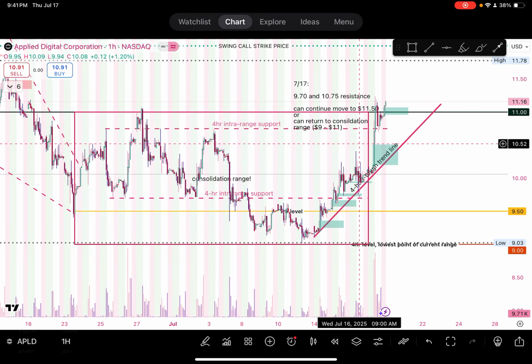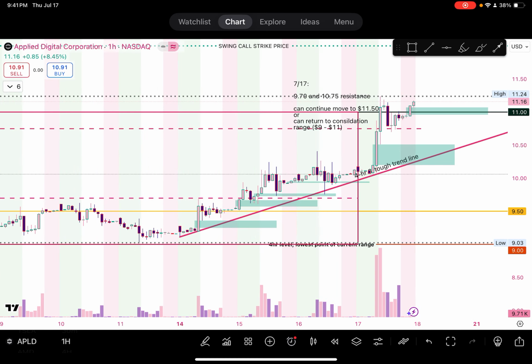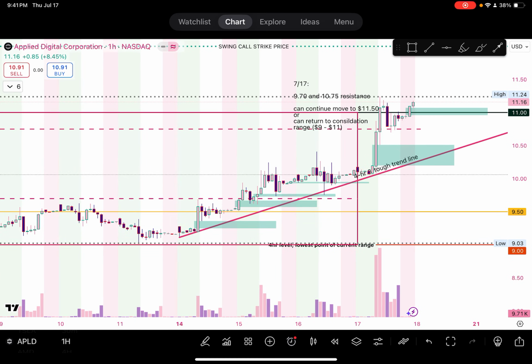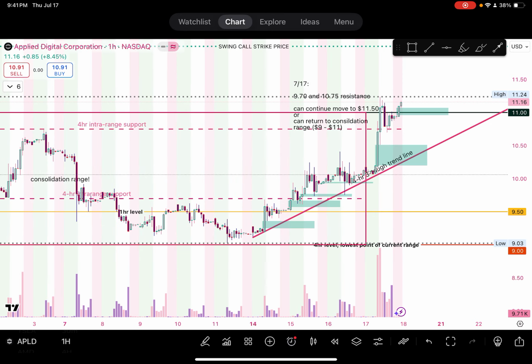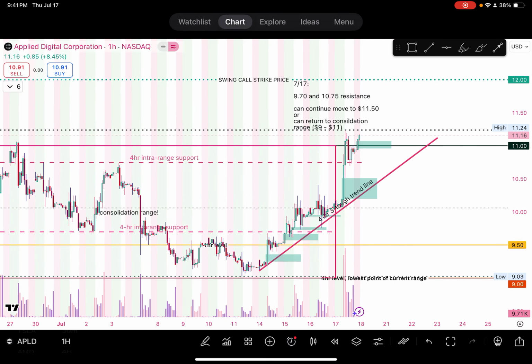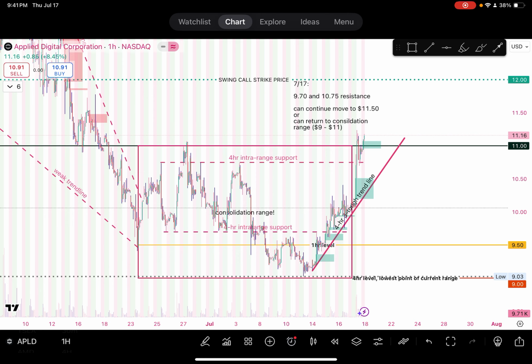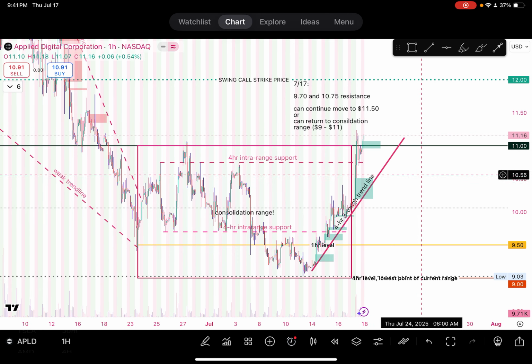But today, we got this move above this 10.75 4-hour intra-range resistance. We broke above it, and now it's serving as support, as you can see right here. So I am thinking that it would be really nice. I'm not price action. It's important to understand that. But let's say if I were,